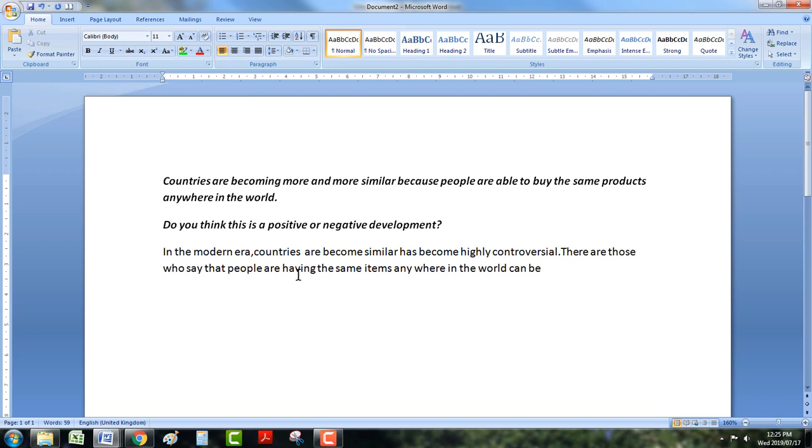What I've emphasized before with these stock sentences is I'm not trying to teach you the stock sentences. I'm trying to teach you sentence structures. For example, here is an adjective. It's the incorrect adjective for this example, but the point is that it's an adjective. That's what I'm trying to say. Another example, this needs to be a noun phrase. "Countries are become similar." That's terrible grammar. That's not a correct noun phrase. So with these stock sentences, please view them as sentence structures, not as exact sentences that you have to memorize. I'm trying to get you to know the sentence structure because that minimizes your grammar mistakes.